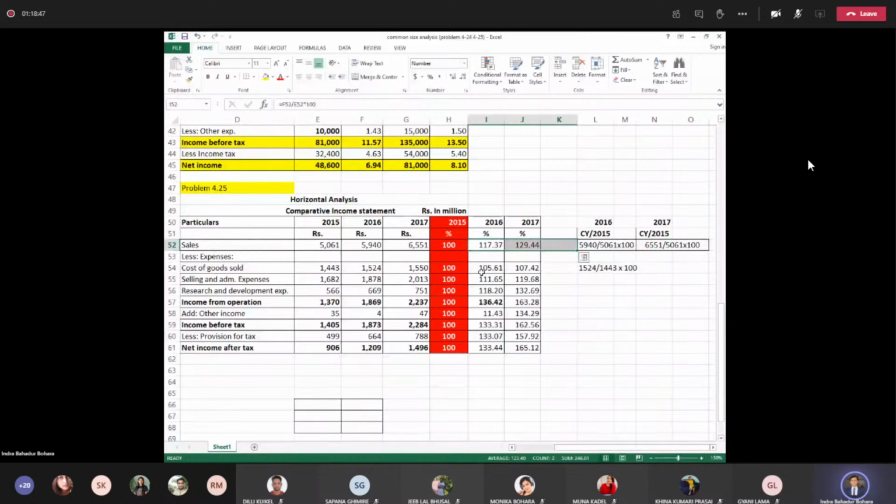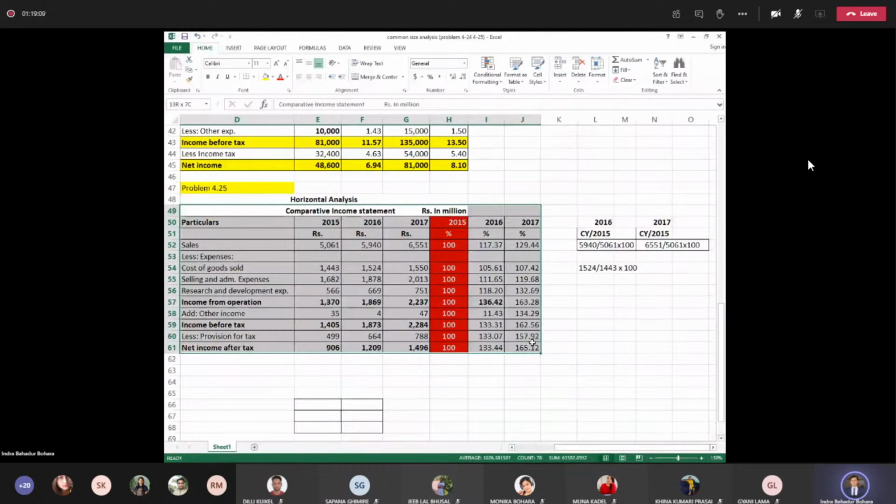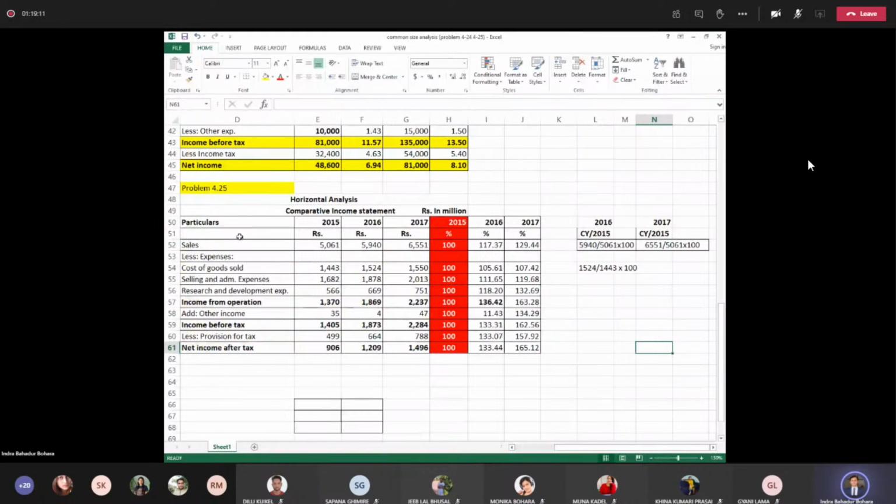increase, cost of goods sold is not increased in proportion to sales, therefore it shows the better symptoms in the company, therefore the profitability position is improved in comparison to 2015. You have to explain a small paragraph like this, looking at these figures and analyzing in your own way. Now if you are given data of 15, 16,